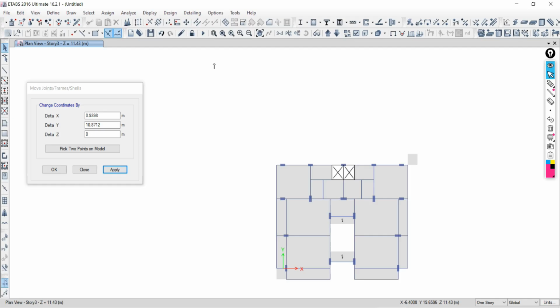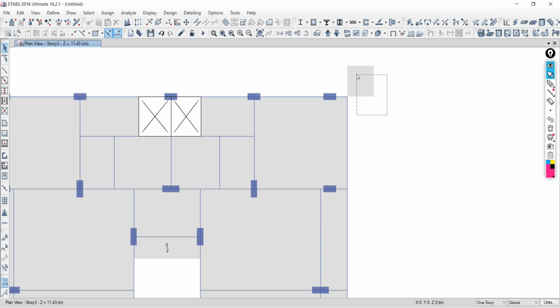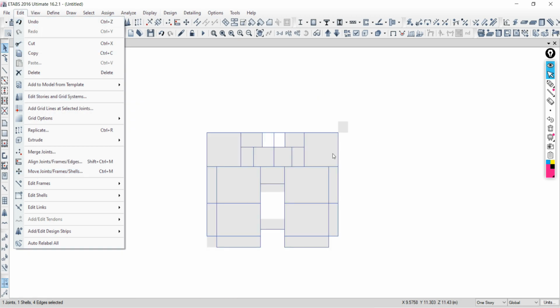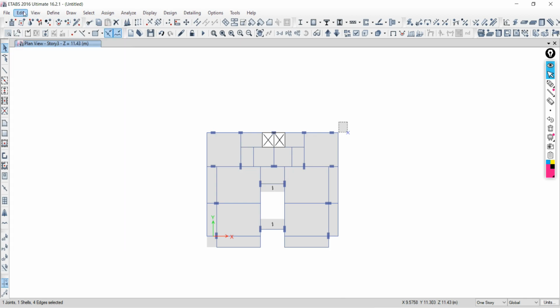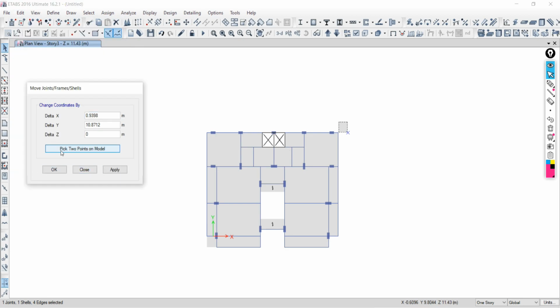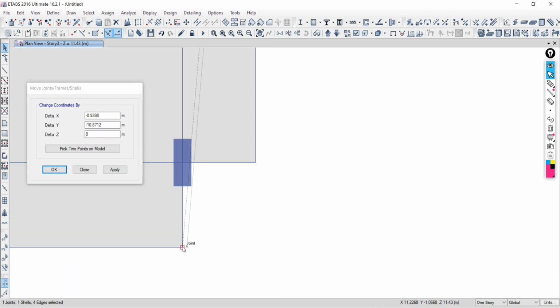Okay. See, first select the element. Just select the slab, then go to edit, then go to move. These are all edit work. The things that we are practicing are all editing work. In an existing model, we are going to perform edit work, correction work. So that will be available in edit obviously. So go to edit, then move, and pick 2 points. This is the pickup point from here to here. Click over that and say apply.